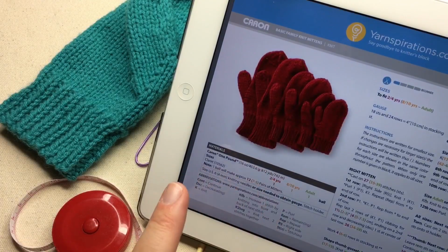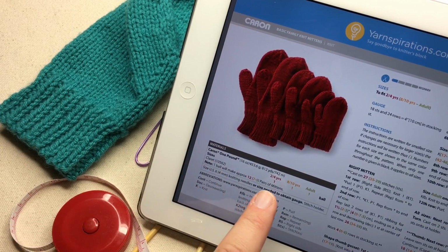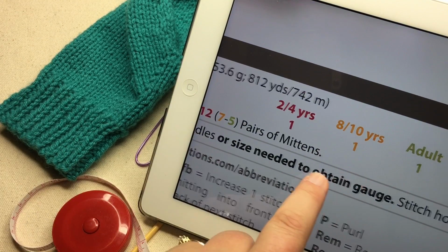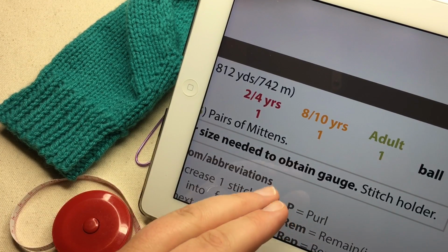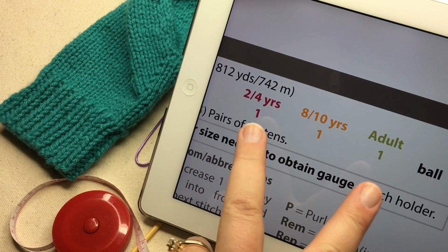There are 3 different sizes listed, and of course you can make some changes to fit your needs. You can make size 2 to 4-year-old, 8 to 10-year-old, or adult. Now, I've done a couple of tweaks on my own personally, but I'm going to walk you through exactly how to make them. I'll be showing mainly the one in the middle here, but I will talk about both sizes